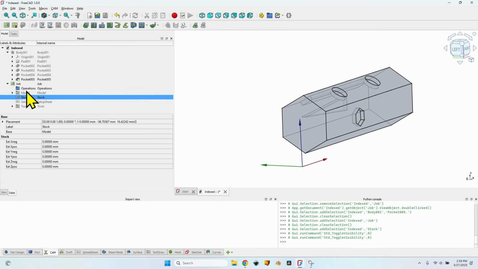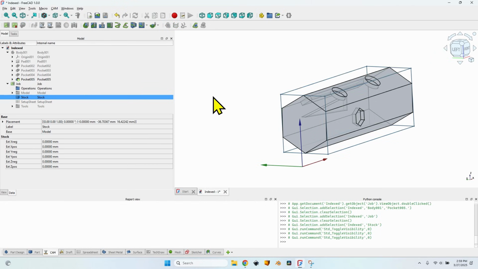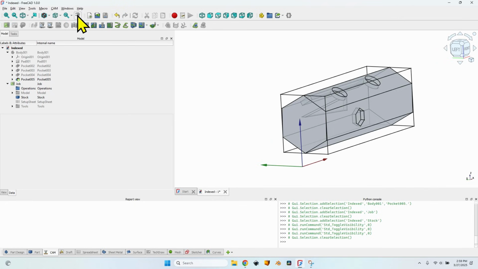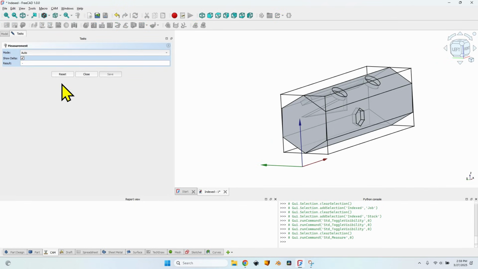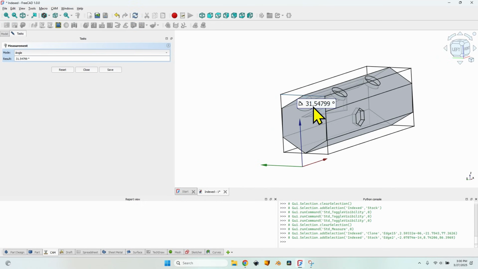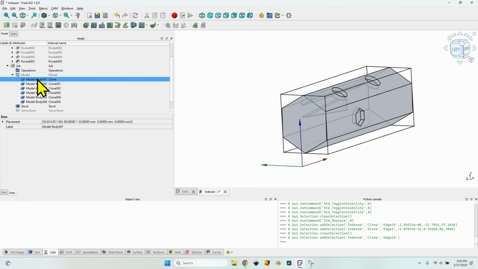Let's select the stock here in the job, press space to turn its visibility on, go to the measuring tool, change the mode from auto to angle, click on reset just in case something was already selected, and now I will select this line and the edge of the stock, which I know is horizontal, and I have an angle of 31.54799 degrees. I don't need to remember this value. I can copy it from here, press Ctrl C, and now I can close the measuring tool,